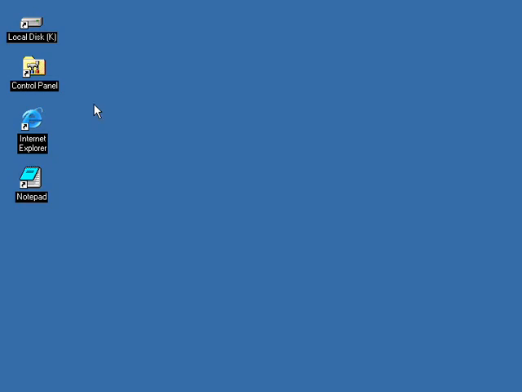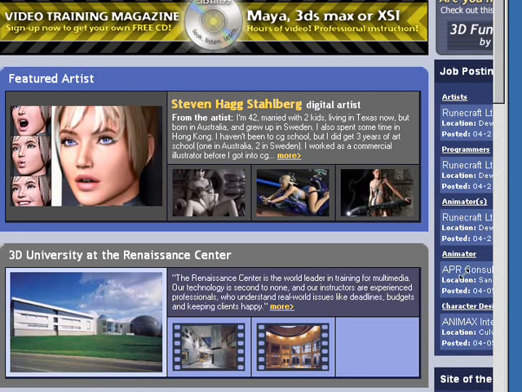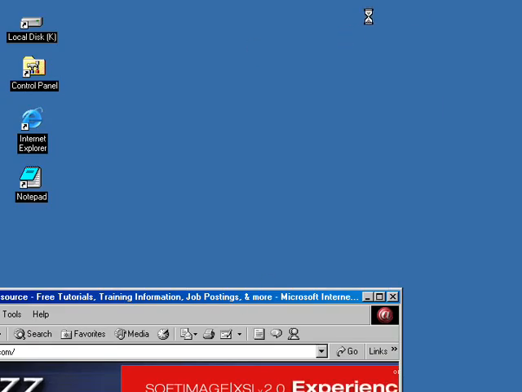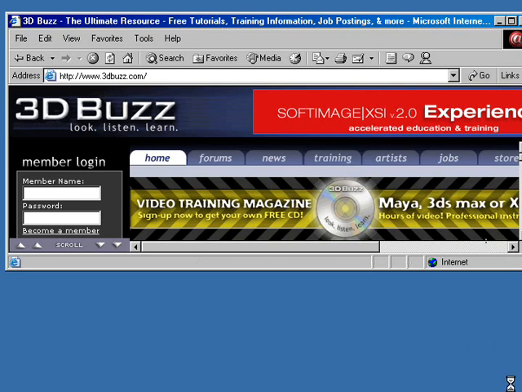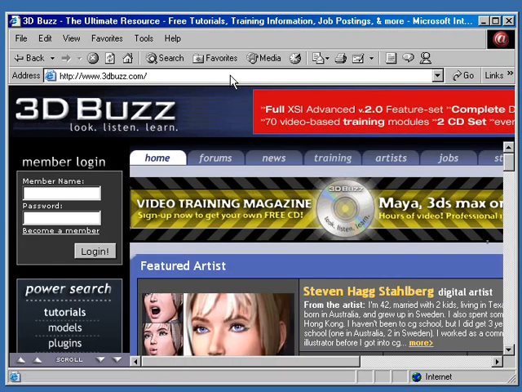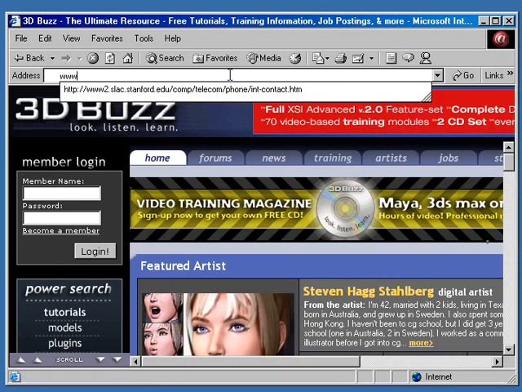Yep. So first thing we'll do is we'll go ahead and open up Internet Explorer. That has been resized, so we will just resize it back down and make it fit in our recording area here. Whee! That's a nice save. Now all right, we're going to go to